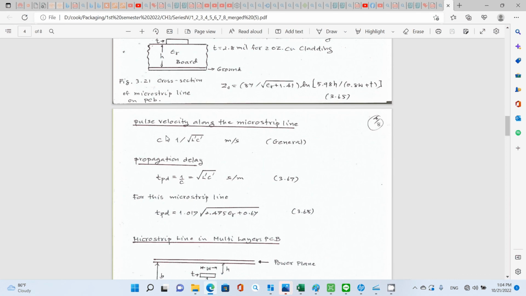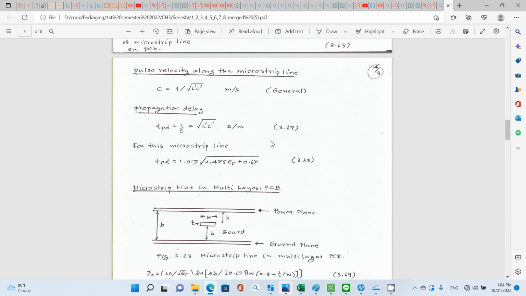And you also can find the velocity along the microstrip line, c equal to 1 over square root of L prime C prime. And you know L prime is the distributed inductance, and C prime is the distributed capacitance. This is in general form. And also you'll be able to find the propagation delay, which is 1 over c,